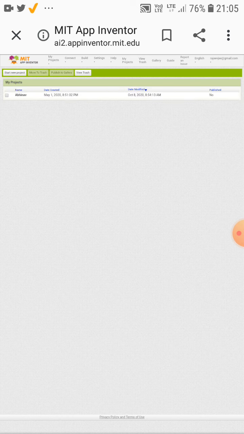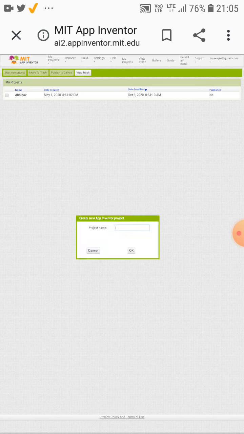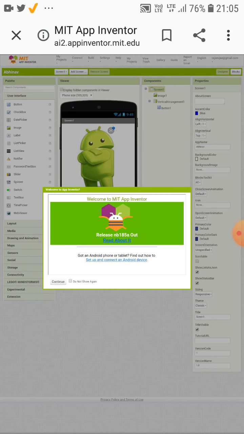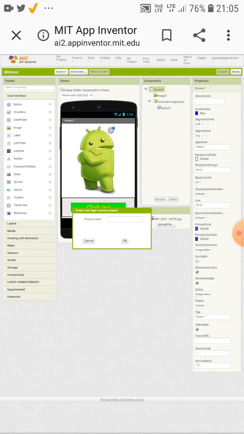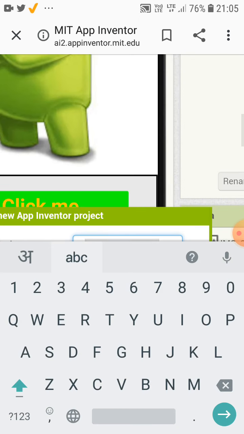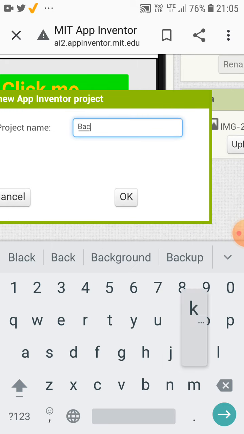And let's start a new project. Click on Start New Project. Give some project name. I'll give the project name Background Color Changing App.